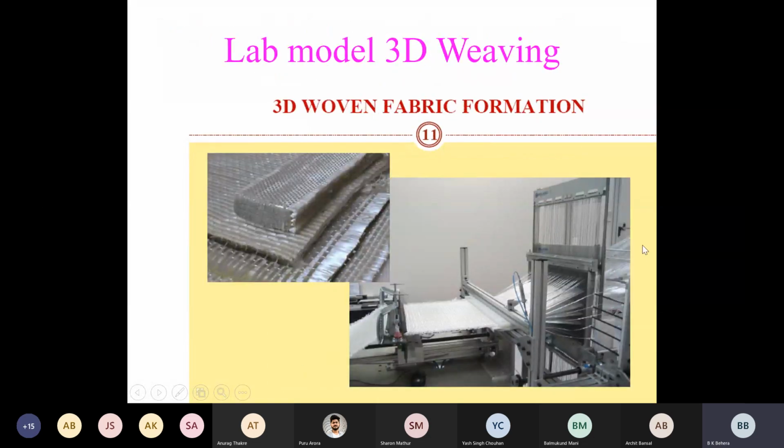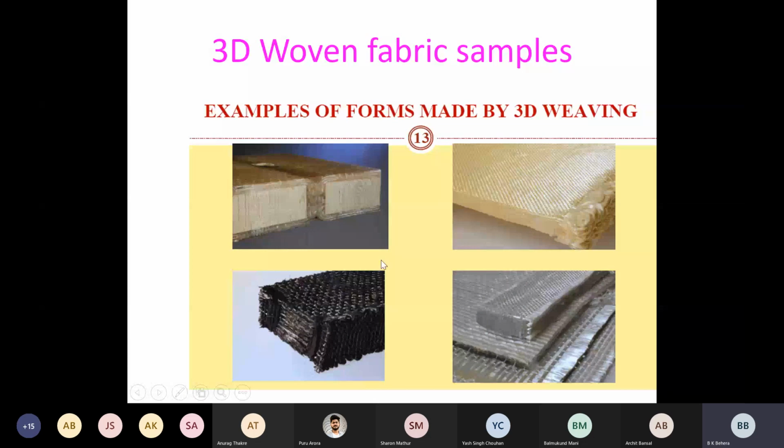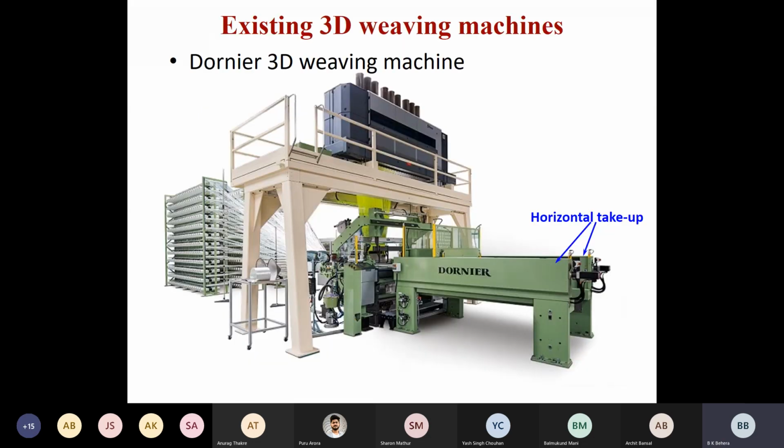Okay, and here it's shown in different parts of this machine. This is the front one, this is a different shade which you see here, and by this you produce a fabric which looks like this. Many layer solid structure fabric produced on the same machine, and this is an orthogonal multi-layer 3D solid structure fabric produced on a converted weaving machine, meaning a 2D weaving system. The machine is modified to produce such kind of 3D fabric. Okay.